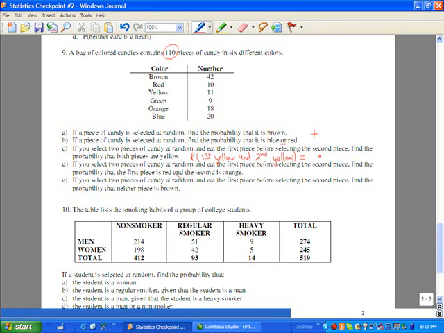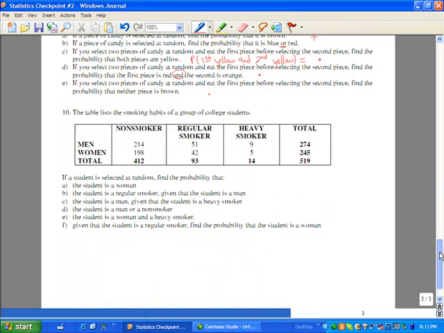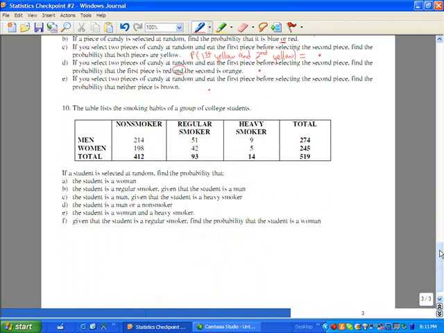Same thing is going on with D and with E. Okay, these are going to be multiplication here. The probability that neither piece is brown, so the probability the first one is not brown and the second one is not brown. You will definitely have problems like these coming up on your final exam, especially these probabilities and